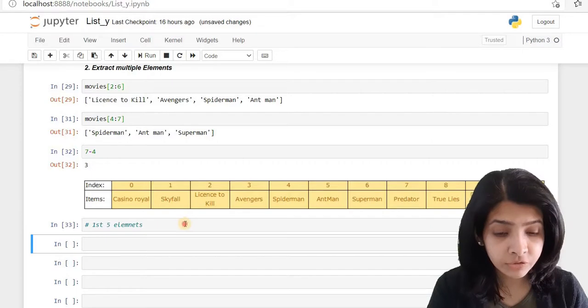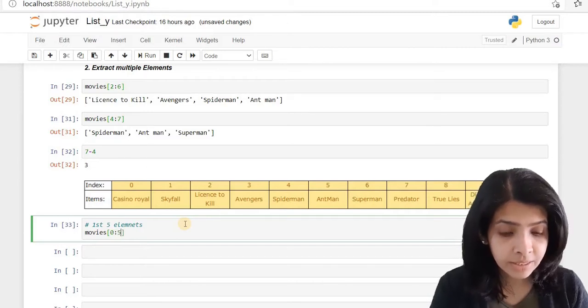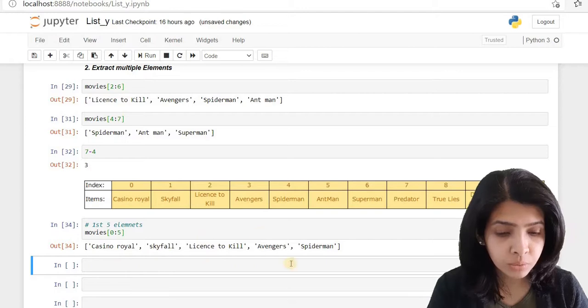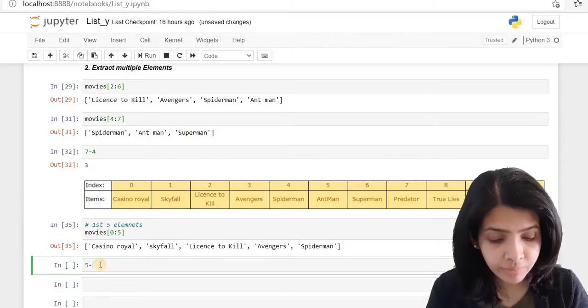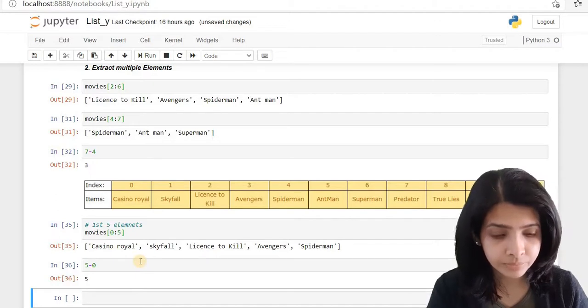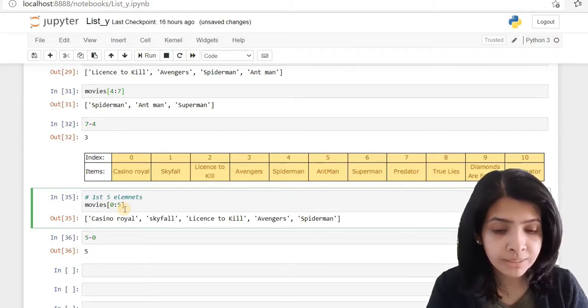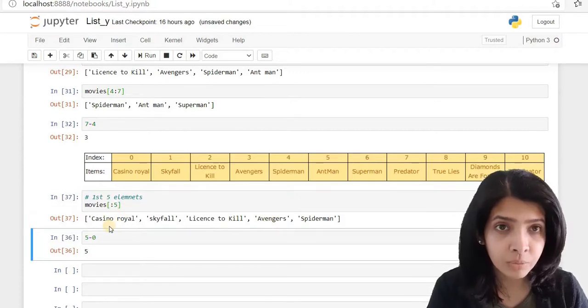If we want to extract the first 5 elements of the list, we give the name of the list, and within square brackets we write 0, that is the starting position, and till 5, and we can see we got 5 elements. We start with 0 and go till 5, and that would extract the first 5 elements of the list. So we can see that 5 minus 0 is the number of elements that is extracted with this subset. So when we start with 0, that is we want to extract from the beginning, we can write this 0, or we can simply omit this part and write a colon and give the ending position. That will also give the same output.